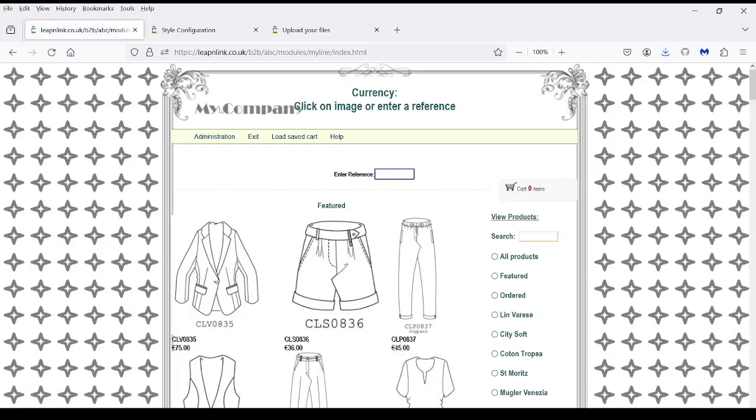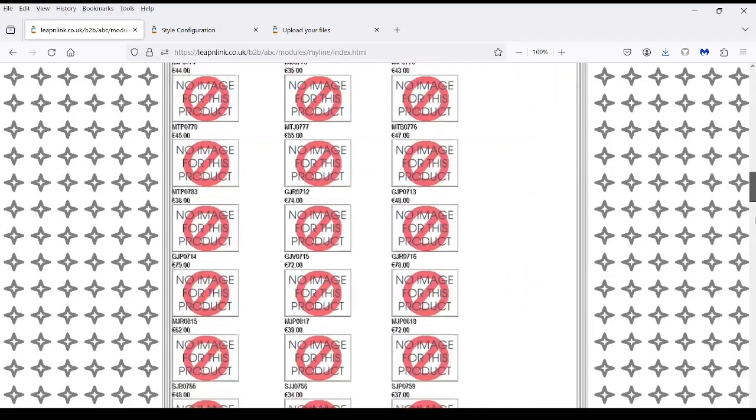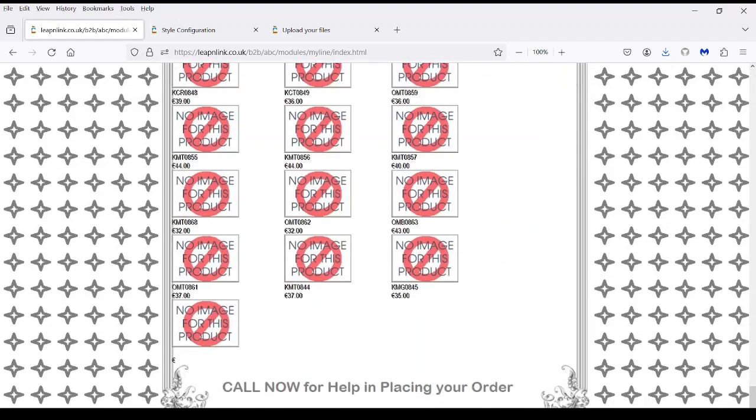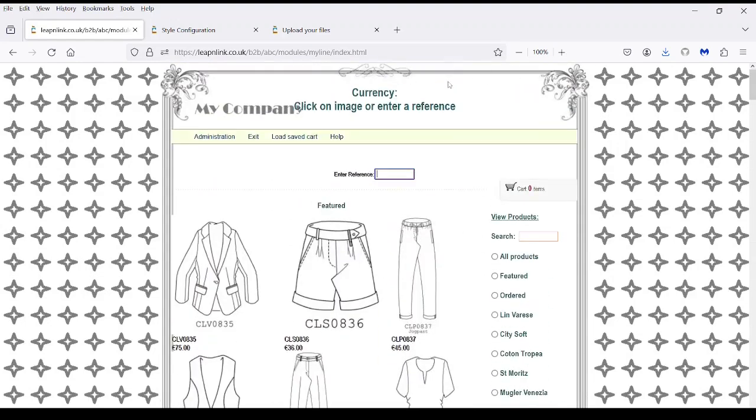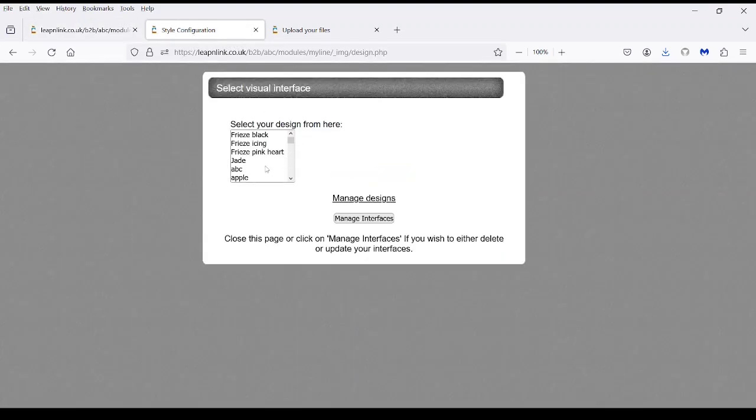And here we are. We've now changed the background. We've put my company. As you can see, that's done a bit too far. That's a little bit too big. And at the bottom, we should have the text that we've entered here. So this is the fundamentals of how to actually use a template that already exists and just apply some personalization. Or you could indeed start with a completely blank one,